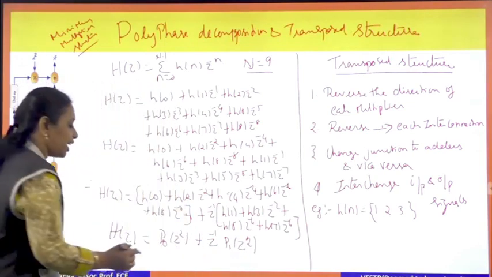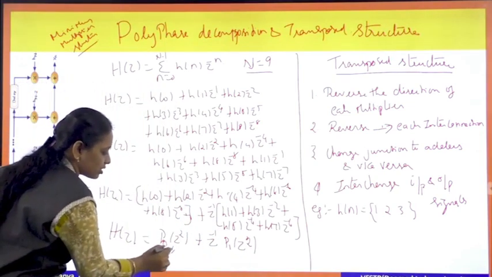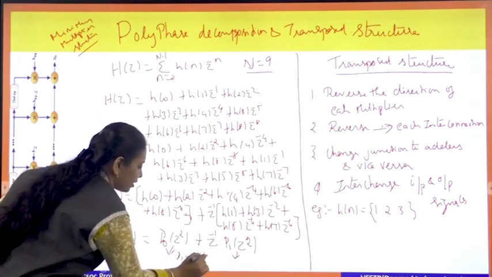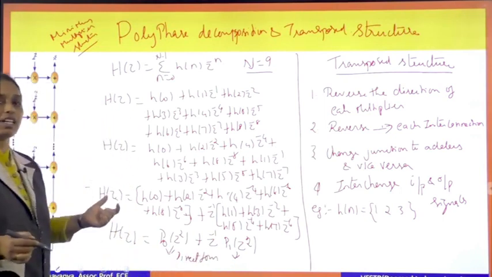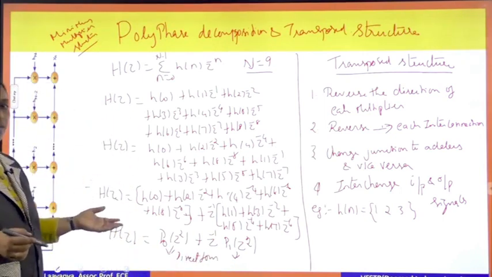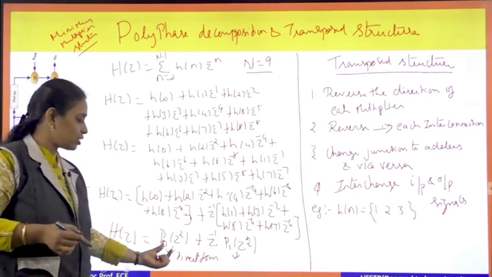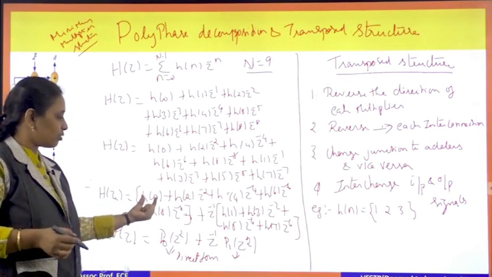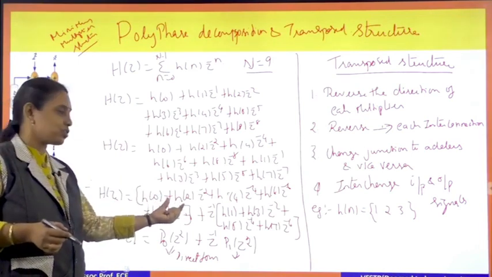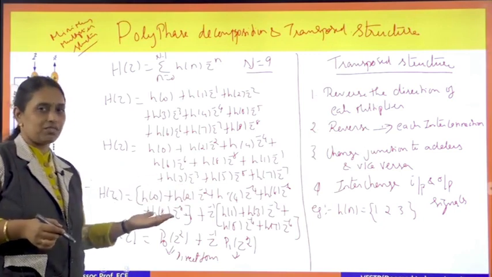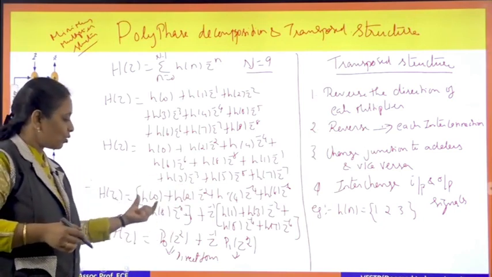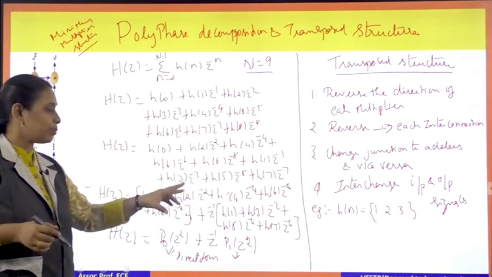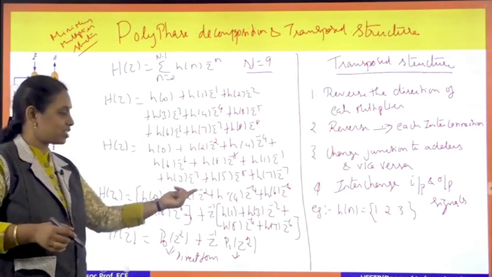And you have to realize both p naught of z squared and p1 of z squared by direct form, that is the transversal structure. Many problems we did earlier, so using that concept you realize p naught of z squared. What is p naught of z squared? This is my p naught of z squared. H naught, h2, h4 will be my coefficient values, they will be provided in the equation. So here I have taken z inverse and made the power of z an even power, similar to the first equation which has the even power.